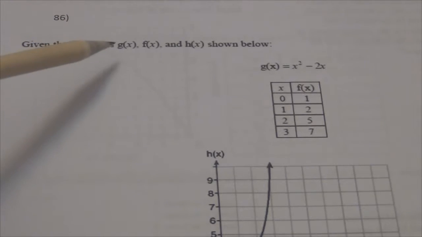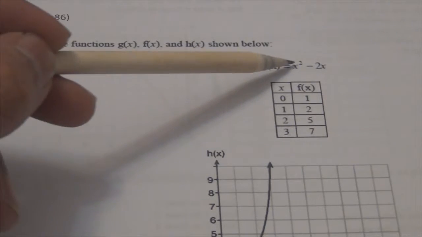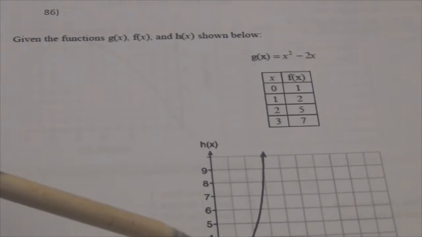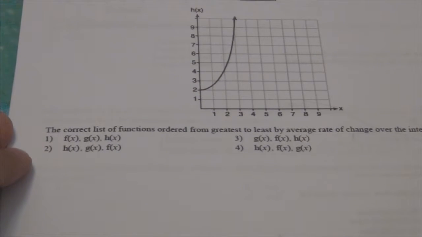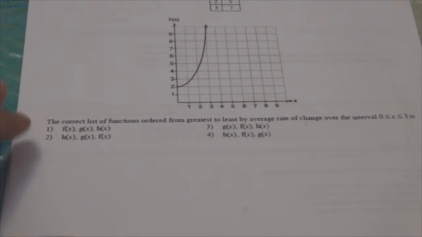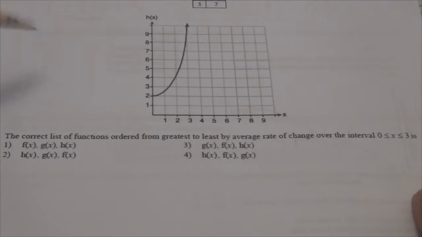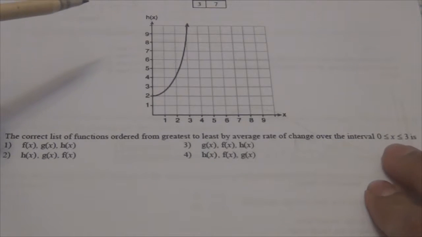It says, given the functions, and we have g of x, f of x, and h of x. And this is g of x, this is f of x, and this is h of x, right? So given these functions, it says list the functions from greatest to least by average rate of change over the interval of